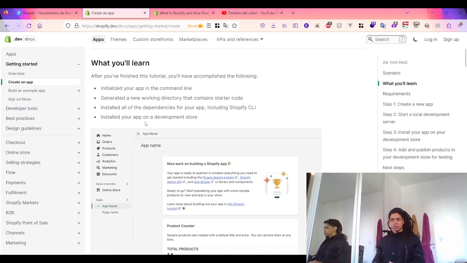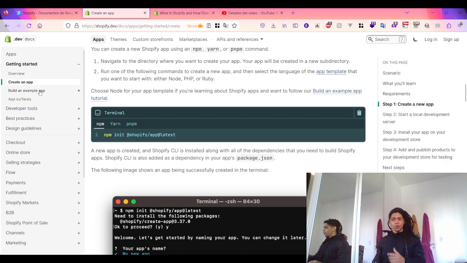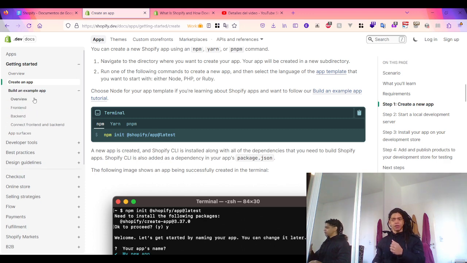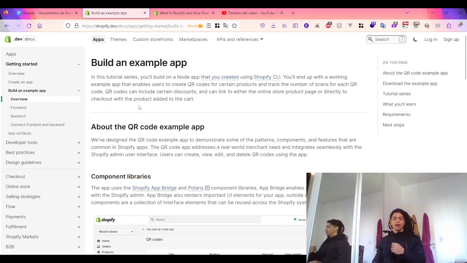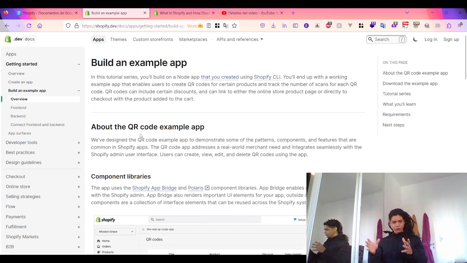So yeah, I already built this, where I already created this application, and yesterday I focused on building an example app, the QR code example, right? So after all, this application is designed to create QR codes, to perform CRUD operations, like create, read, update, and delete QR codes, as well as include certain discounts, okay,